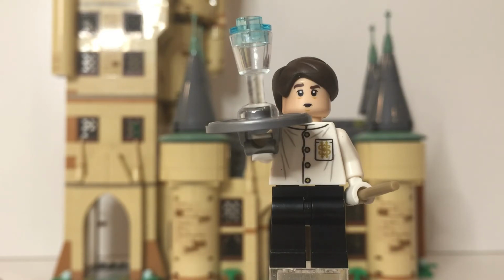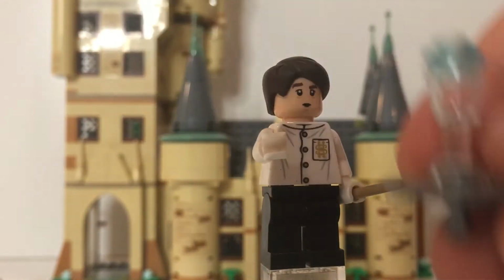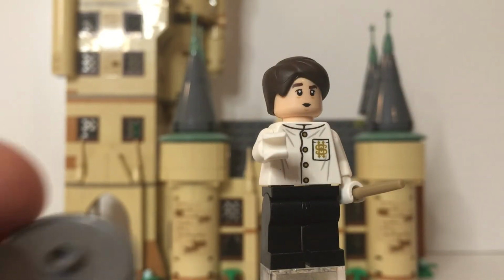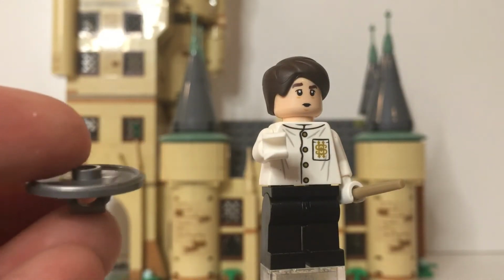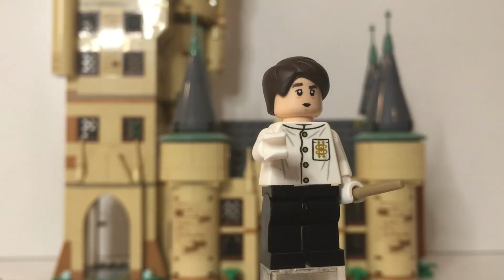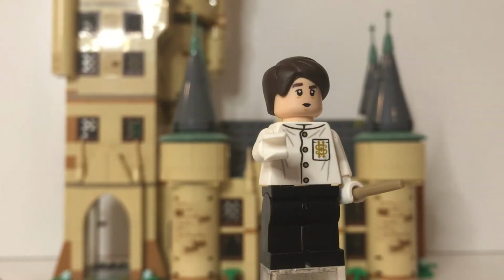And also it's only for this one scene, so maybe it's cool if you're into exclusive figures and you like this exclusive figure. It's Whiten Neville, and what's really cool about him is his little shield piece, which has the drinks on it, of course, but if you take it off, it's just a regular shield piece. So if you have some Lego castle and you want to use this as a shield, then it's literally not a problem to just take it off and not include it in the set,